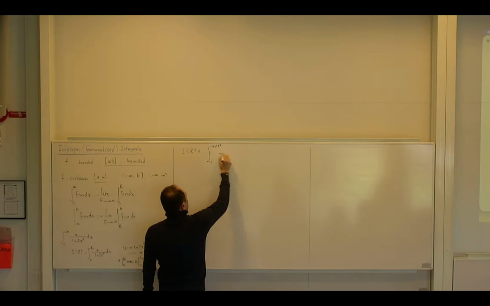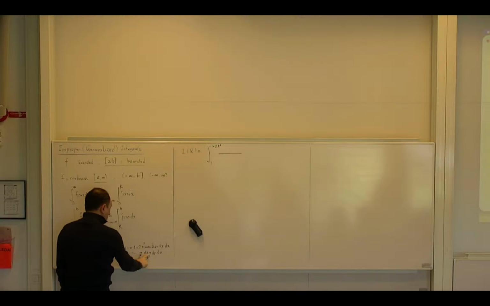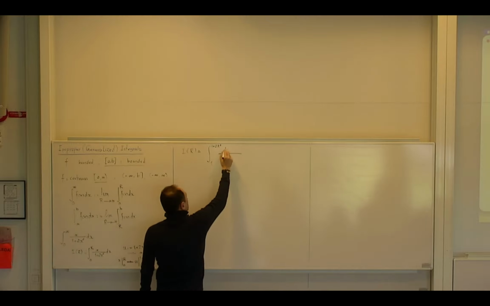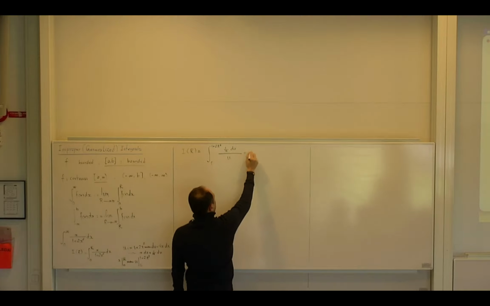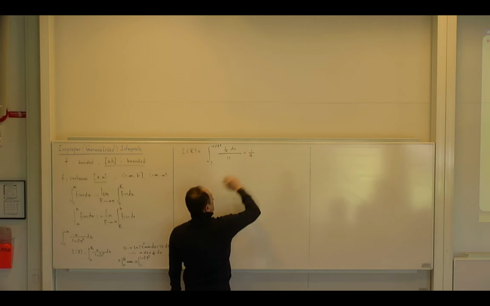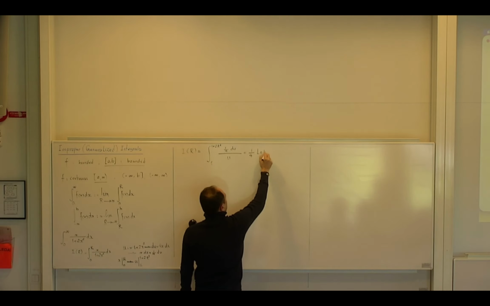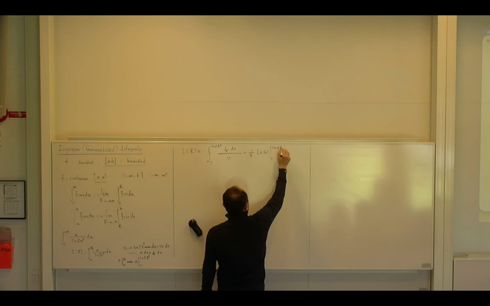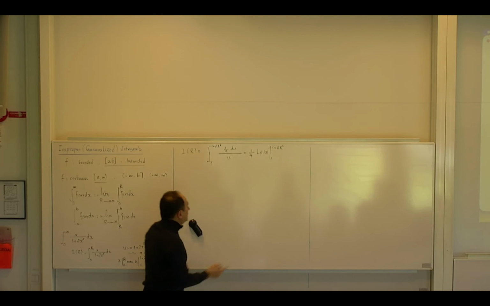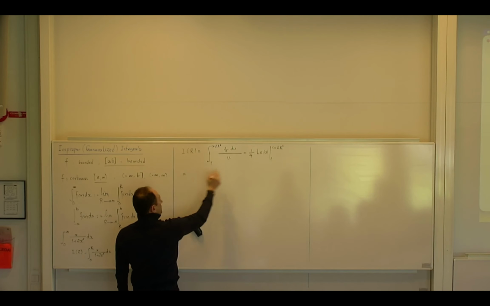And then, instead of x dx, I put 1/4 of du divided by u. Yes? And then we calculate. So 1/4 goes out. So du over u, it's famous. It's ln of absolute value of u. But I have to run it from 1 to 1 plus 2r squared. Yes? And then, of course, I replace u with the upper limit.